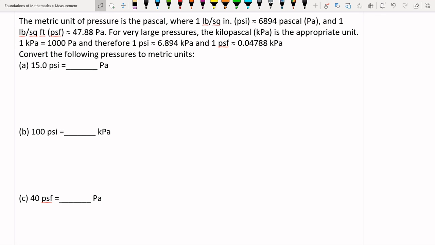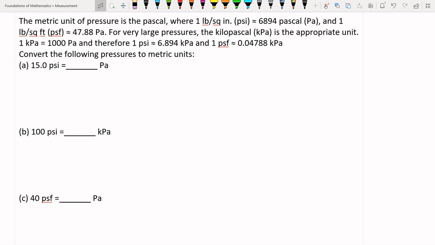Kilopascal, kilo being 1,000 times as big as the regular unit. So 1 kilopascal equals 1,000 pascals. And so 1 PSI is approximately 6.894 kilopascals, and 1 PSF equals approximately 0.047788 kilopascals. Okay, let's convert between 15 PSI to